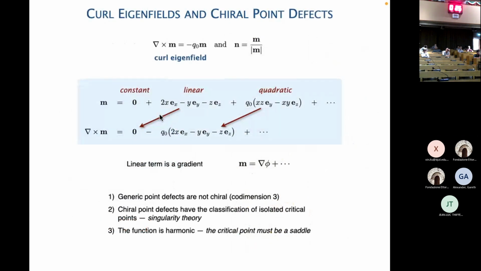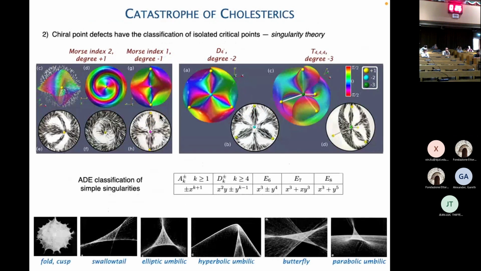Then the second part was this connection with singularity theory. This I refer to as the catastrophe of cholesterics. So there's a classification of all of these critical points in functions due to a number of people. The version of it that I list here is Arnold's celebrated ADE classification of the elementary catastrophes. Here are beautiful examples from